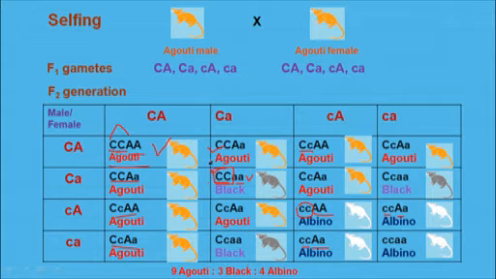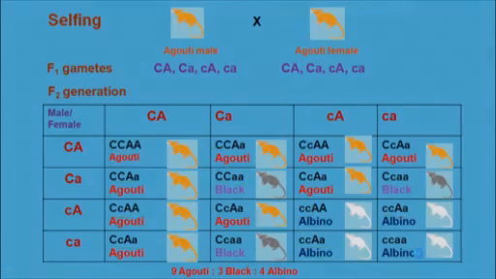Both the genes will express themselves by giving rise to a common type of phenotype, that is agouti. But in absence of one gene, if the dominant C gene is present, it will produce a black colored mouse. And if small c is present, that is capital C is absent and capital A is present or absent, it will give rise to an albino colored mouse.